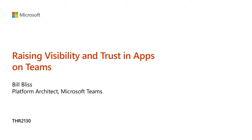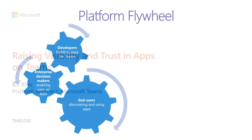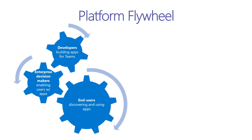And today I'm here to talk about raising visibility and trust in apps on Teams. So let's dive in and figure out what we mean. This is a diagram that I created a while ago, and we use a lot. We call it the